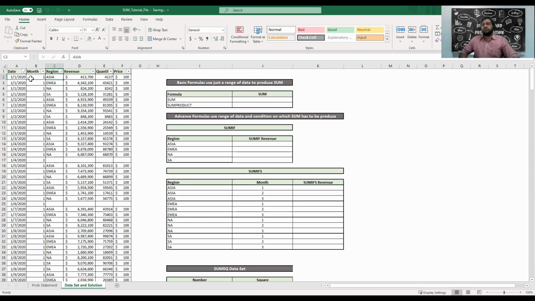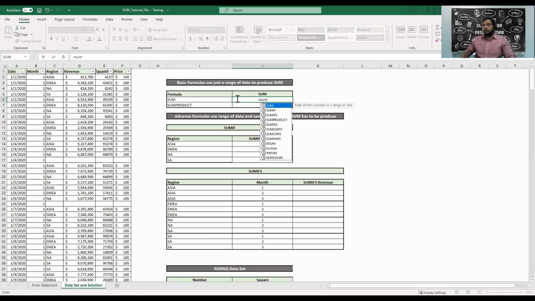right? So we'll start with the SUM formula, which is the most basic, where you have a number of cells and you want the total of it. You do equal to SUM, press tab, and you can provide numbers 1, 2, 3, but giving it a few numbers is very tedious.